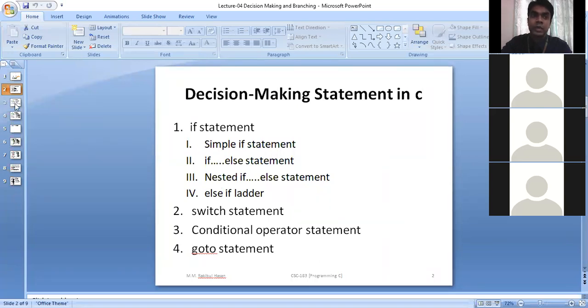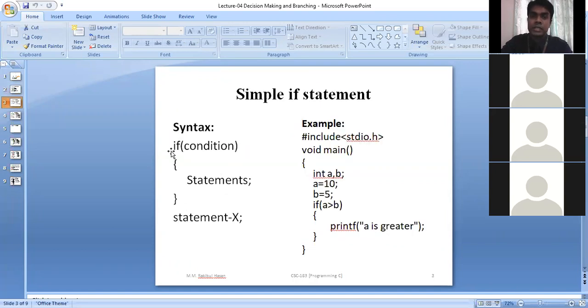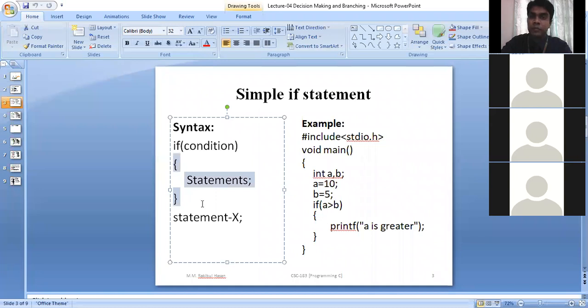Like if you consider the first one, if condition, this is the syntax for if condition. You have to write down the keyword if, and inside the brackets you have to mention the condition. And then this is the body, the if body. If the given condition is true, then it will execute the statement, otherwise not.